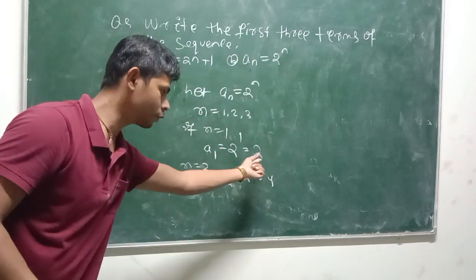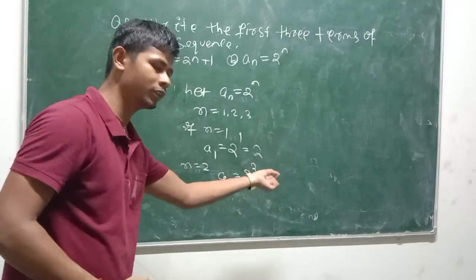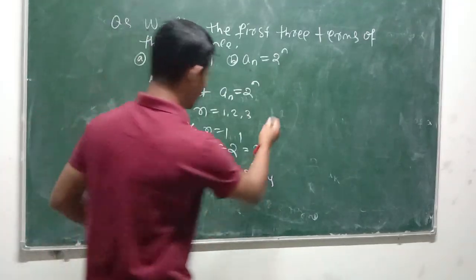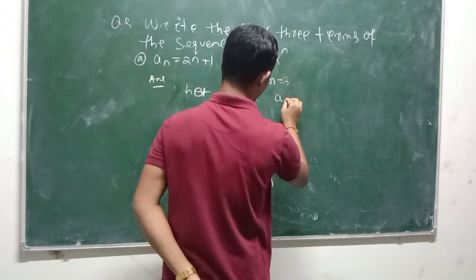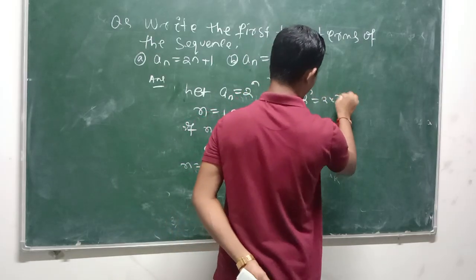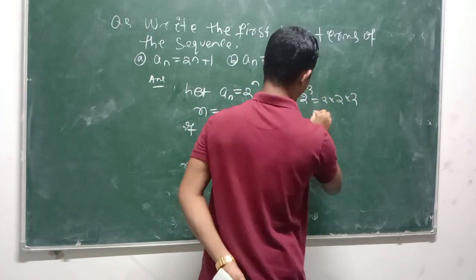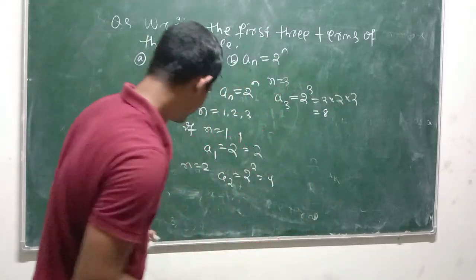That is 2 times 2, which is 4. Then n is 3, so a₃ is equal to 2 to the 3. That means 2 times 2 times 2. So 2 times 2 is 4, and 4 times 2 is 8. So we get here